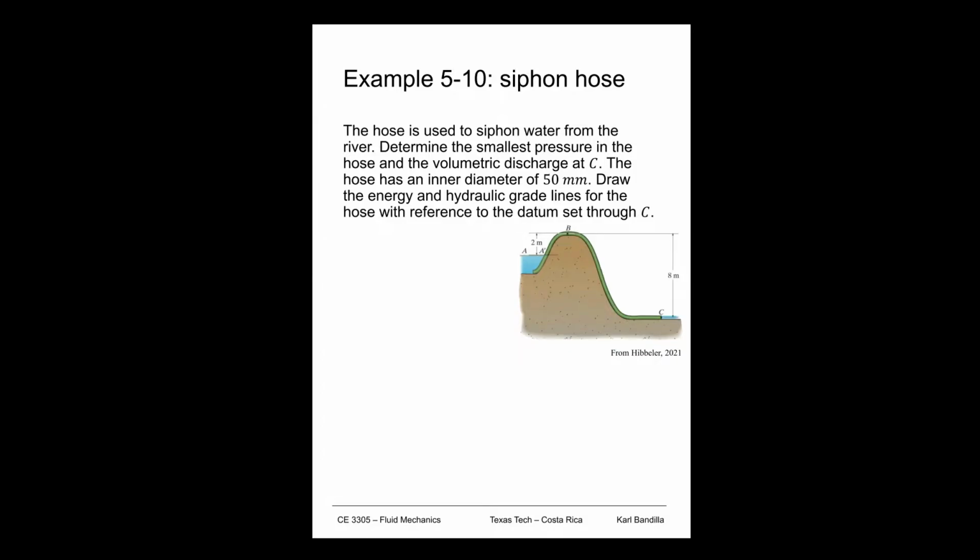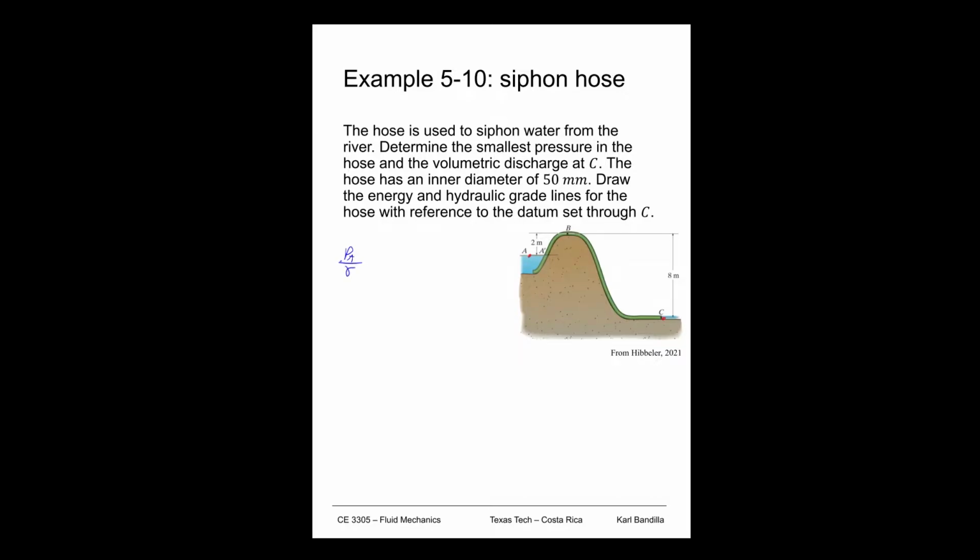So we will use Bernoulli's equation going from point A, let me get a red color, which we'll say is somewhere here on the surface, down to point C, where we have an outflow. All right, so it's water, so that's good, right? That means we're an ideal fluid, and it's steady flow, so that's good. And we can say we're on one streamline, right? We could go from A down into the hose, over the hump, down to C. So that's all going to be one streamline, which means we can use Bernoulli's equation. So if we write that from A to C, then we'll get